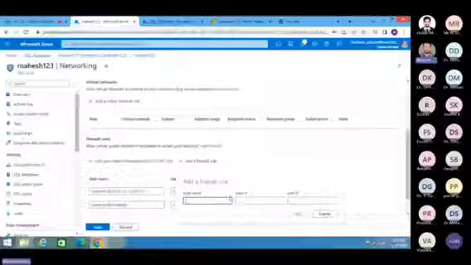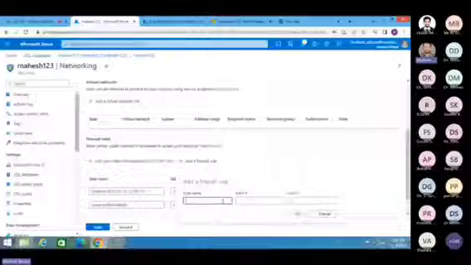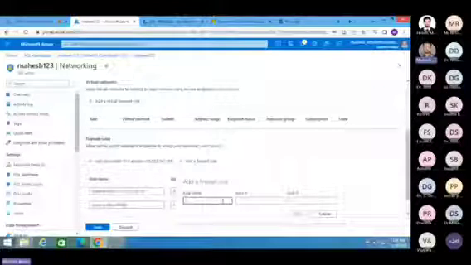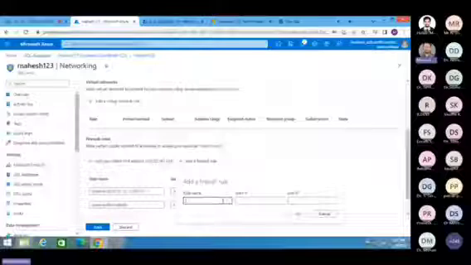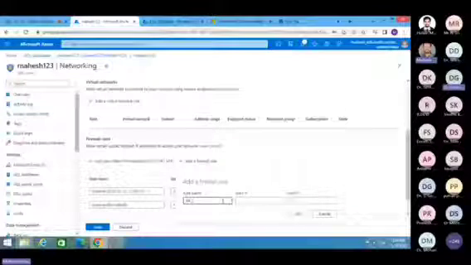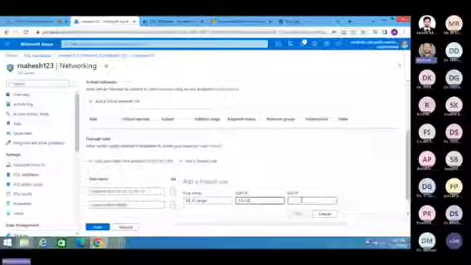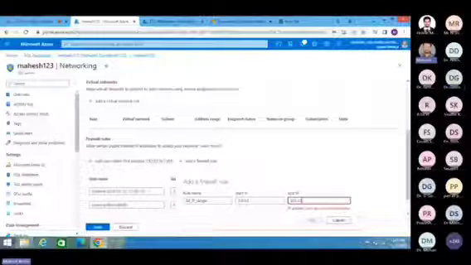Let me give all IP address, all IP range. The range starts from 0.0.0.0 and ends at 255.255.255.255. So this is the